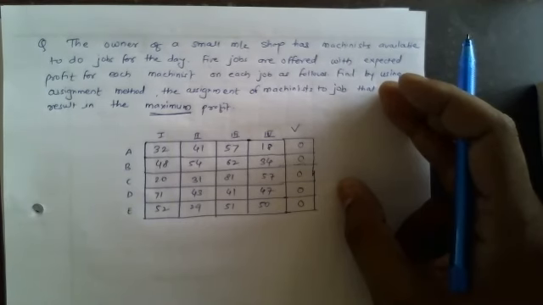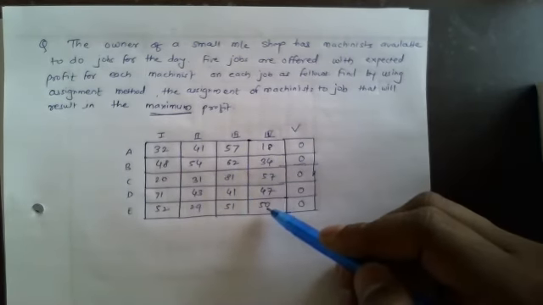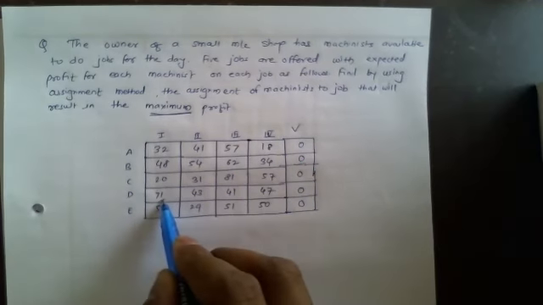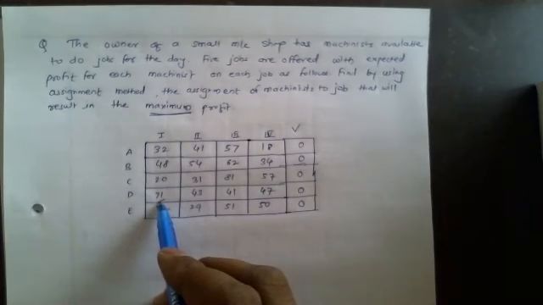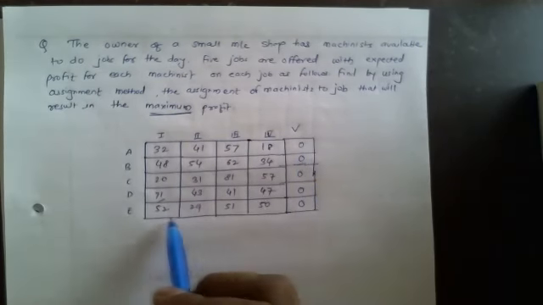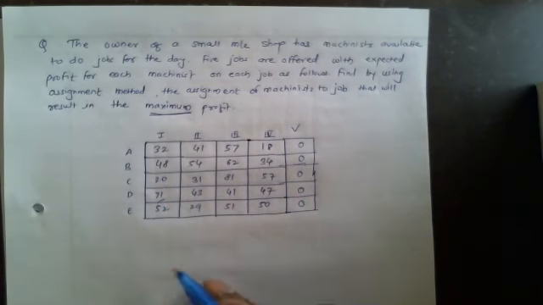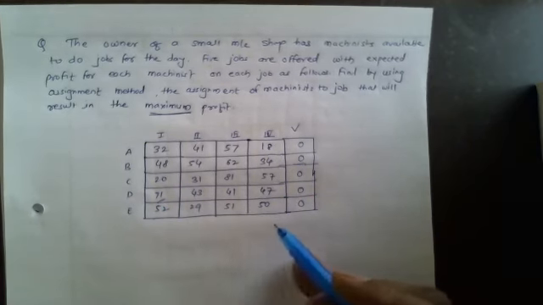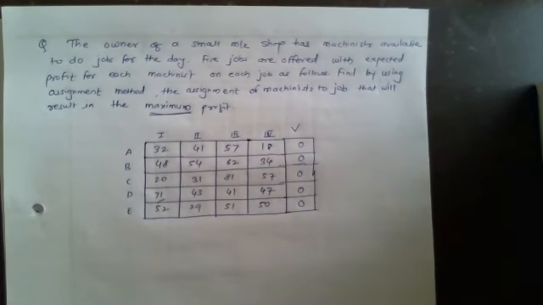Now what is the next step? For the maximization we have to find the highest value of this given matrix. So the highest value is 71, correct? So we have to subtract all values from this 71, including 71 also. Okay, after subtracting we are getting some new matrix. After that we have to perform row reduction, column reduction, allocations, and continue the procedure until we reach the solution.